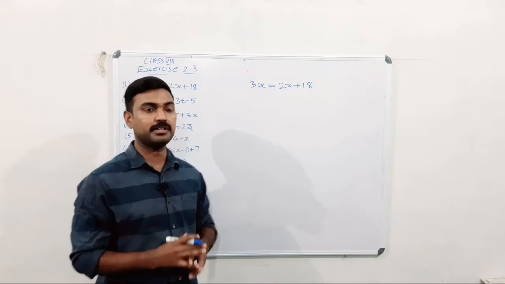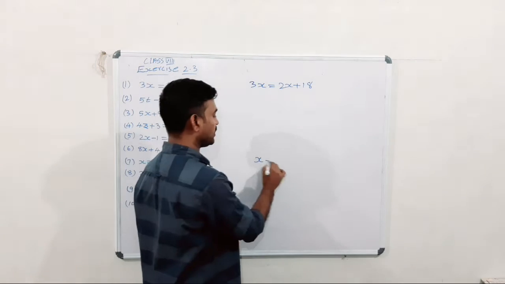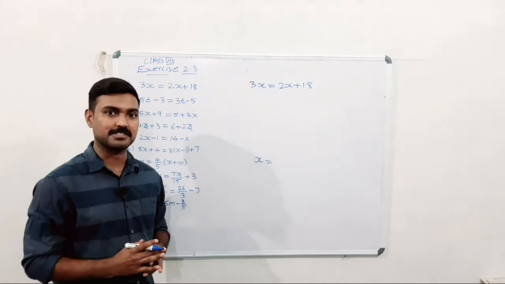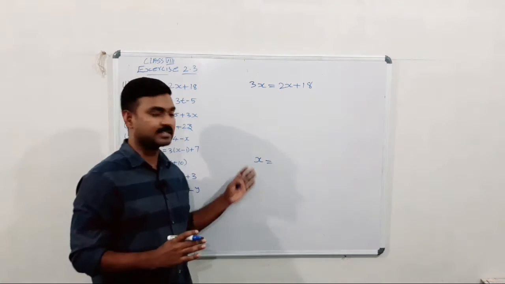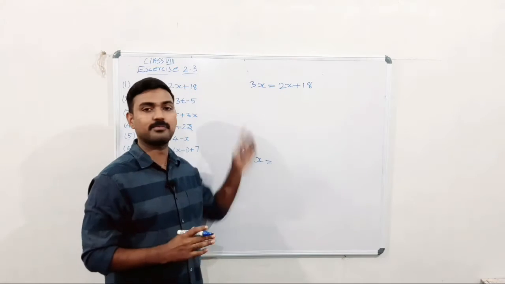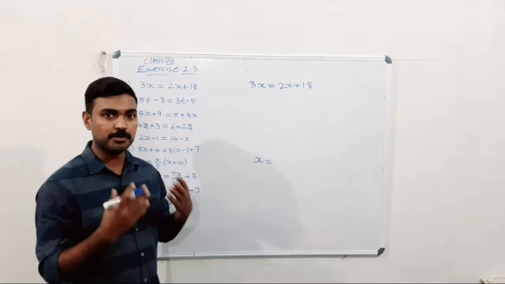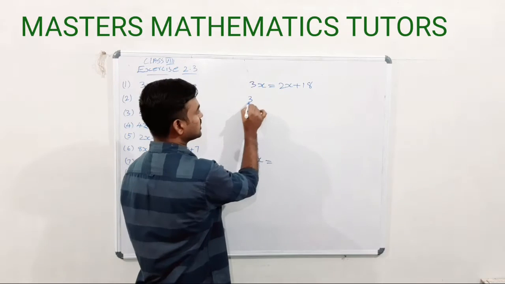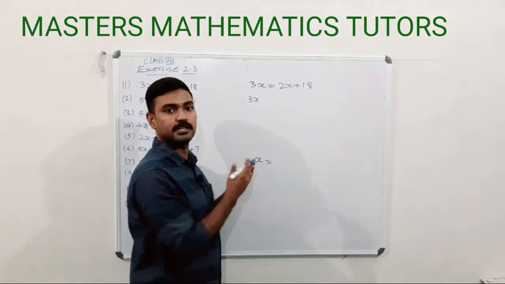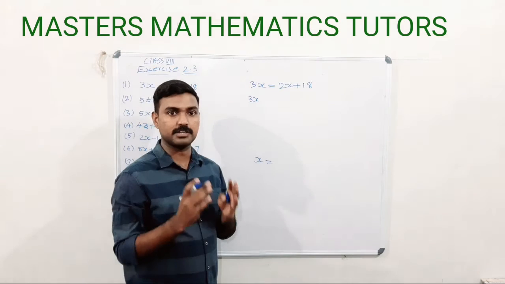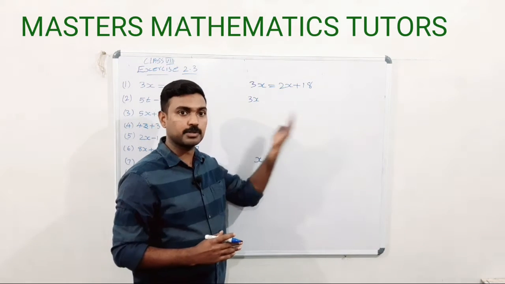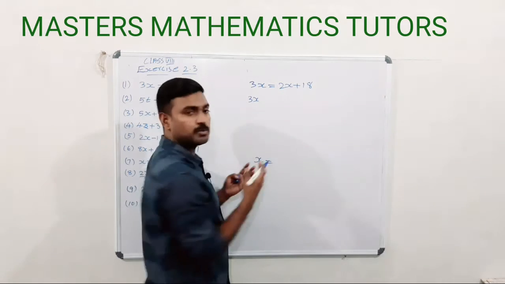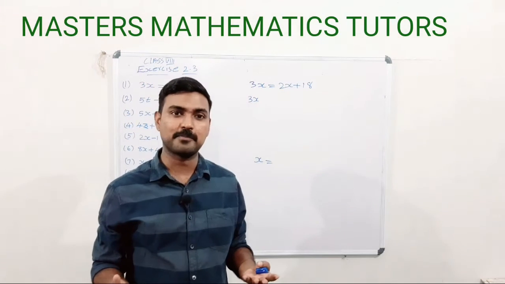So we have to find the value of x. To find the value of x is known as the solution of the given equation. So we are going to practice some rules in this equation. Here 3x is there. The terms which include the variables we can bring to the left side. How to understand the left and right sides?